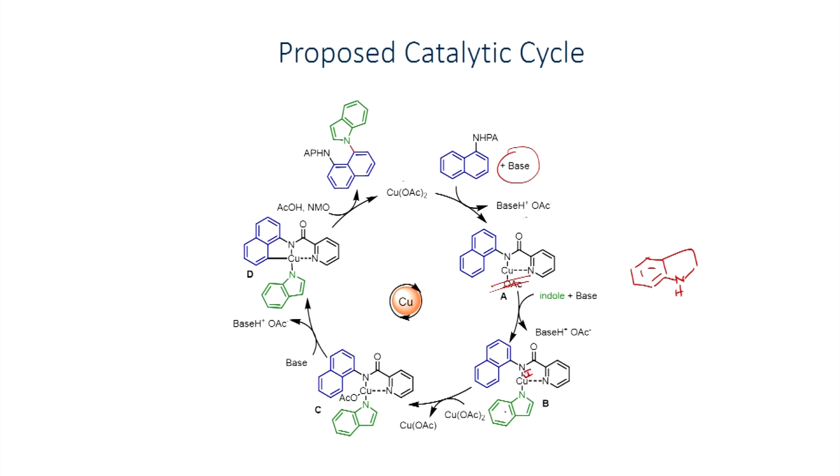Once you form this one, as we have just seen, it can be oxidized to copper 3 using copper 2 acetate, which will be reduced to copper 1. So, this can give the product by reductive elimination. Once you have this one in the presence of base, you can activate the CH bond, then you will have this copper 3 intermediate. This can be converted into the product by reductive elimination, where you will generate the copper 1 species, and since you have the acetic acid and oxidizing agent, it will be further oxidized to copper 2 acetate to complete the catalytic cycle.